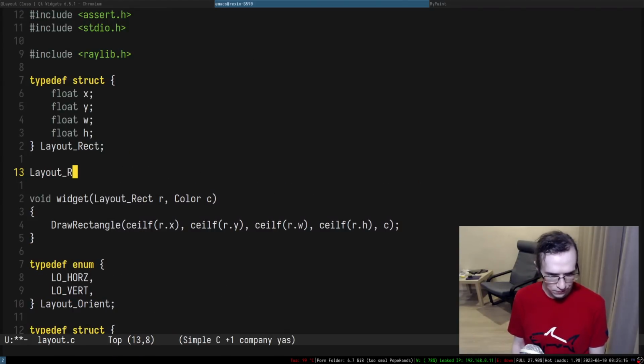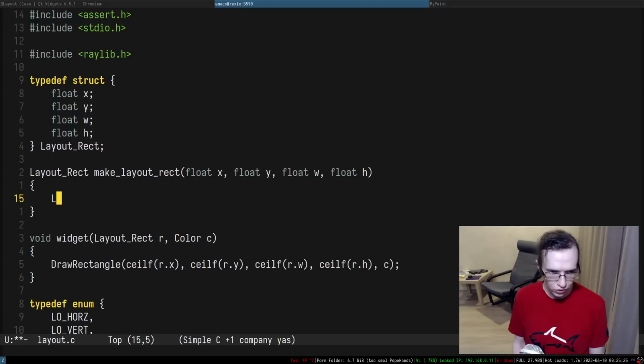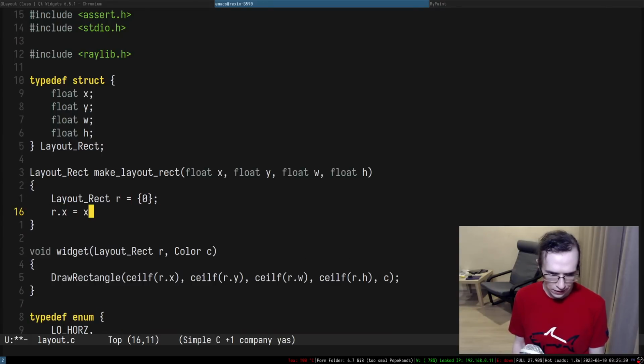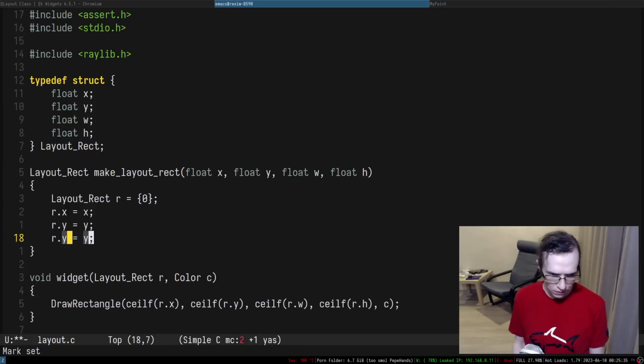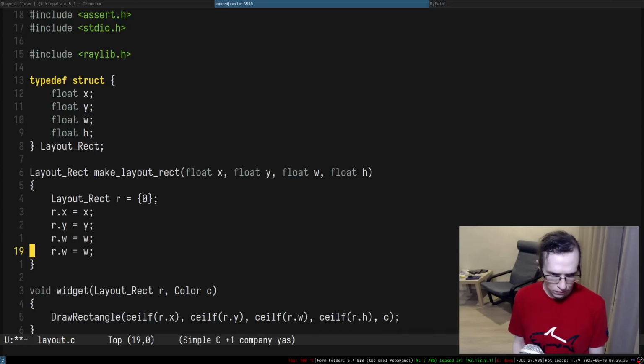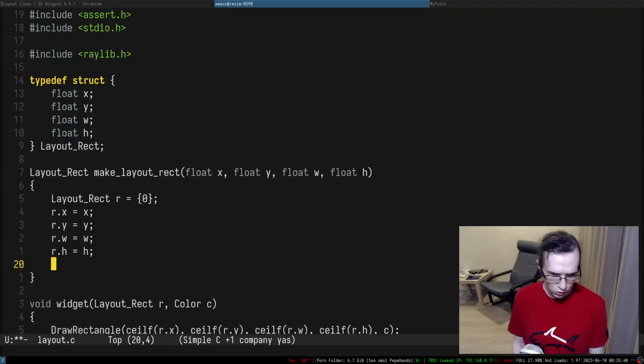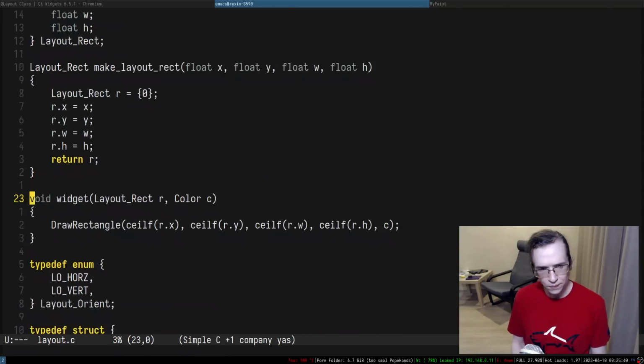Layout rect, make layout rect. Float x, float y, float w, float h, and let's just do this kind of stuff. So this is going to be 0 or x, y, w, h, and return r.